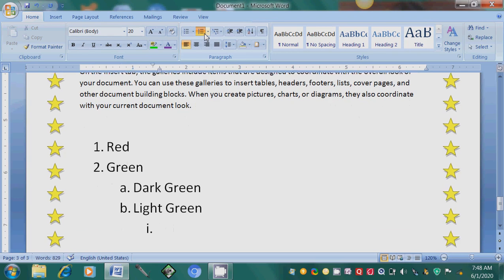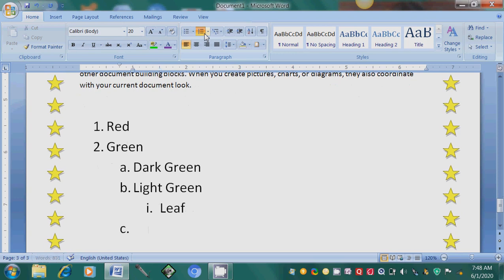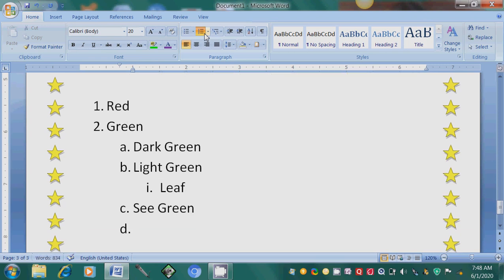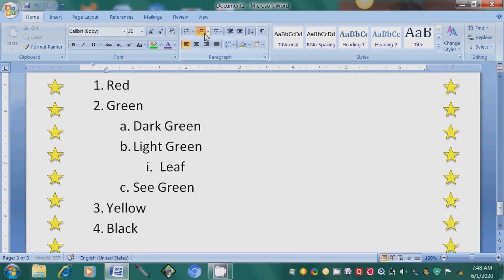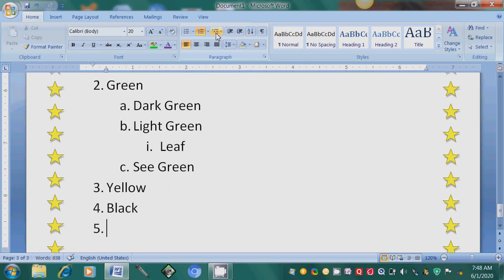Then press enter, like I write sea green. Then press enter, press enter again, and we come to the first level: green, yellow, black. This way different levels of list can be prepared.